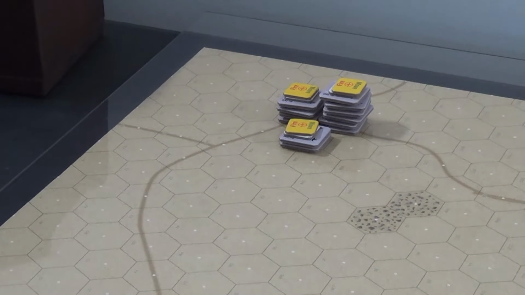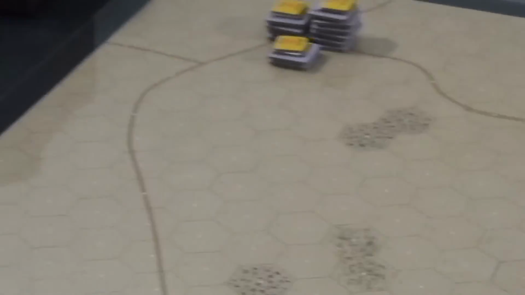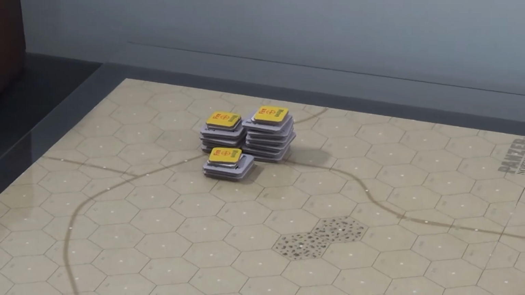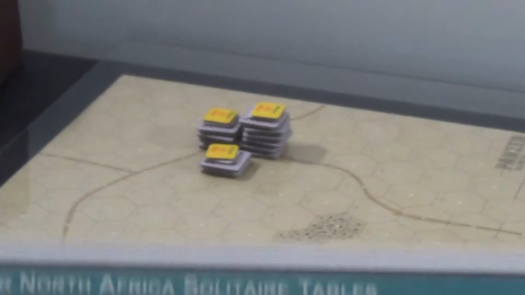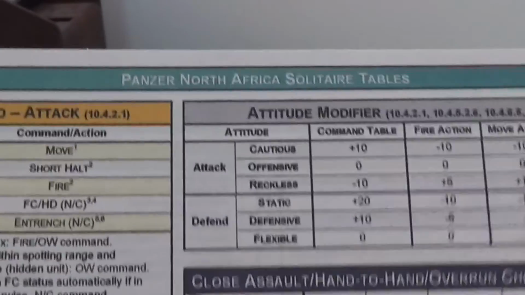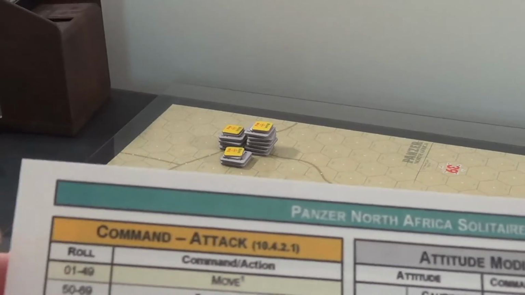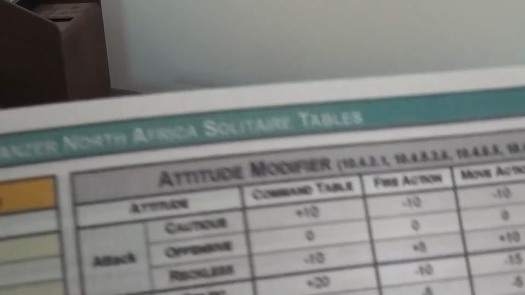So the first thing I did, of course, was place the British commands down here. You can see the move markers. And then we had to roll for all the German commands. And the way we do that is here on this table. There is command, and they are attack, and they roll,